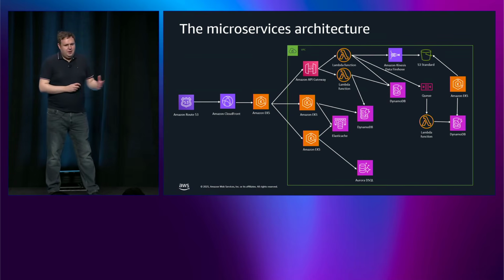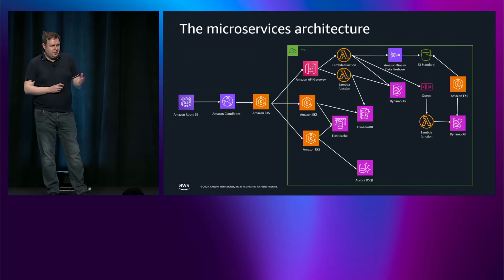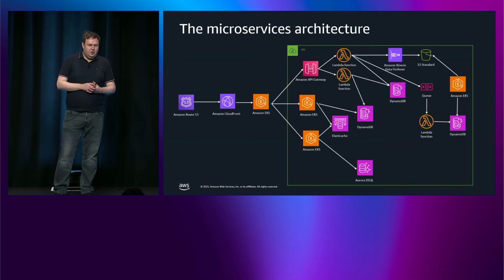On the left, we have Amazon Route 53, 100% SLA in the data plane. That'll resolve your DNS, and it can also do things like health checking and help routing. We then have CloudFront to help accelerate experience for your end users and caching any static content. You then go into your compute layer with EKS before fanning out into your different microservices and data stores.